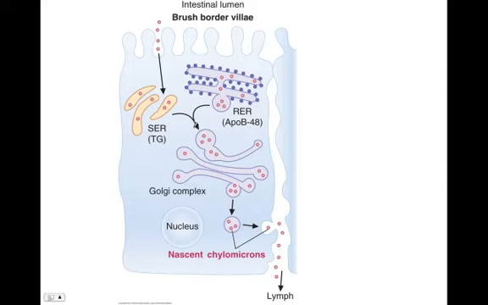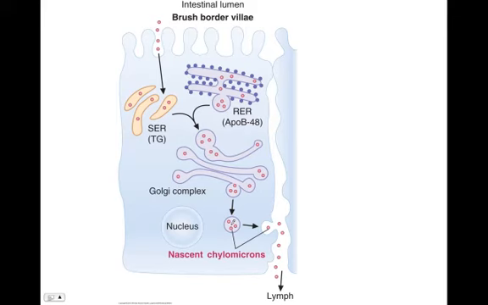These triglycerides enter the Golgi complex and interface with our apoproteins, which were synthesized on the rough endoplasmic reticulum. It's within the Golgi that the combination of triglycerides, our cholesterol esters, and our proteins and phospholipids occurs to generate what's referred to as